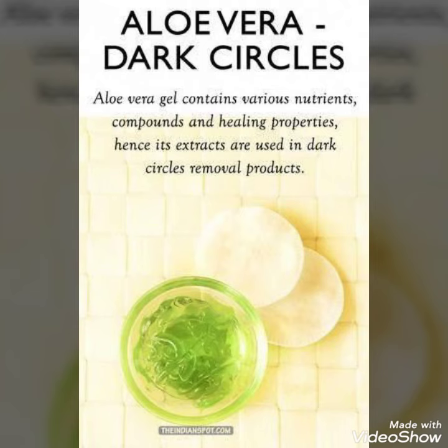Number 5. Aloe vera for dark circles. Aloe vera gel contains various nutrients, compounds, and healing properties. Hence, its extracts are used in dark circle remover products. You can just do